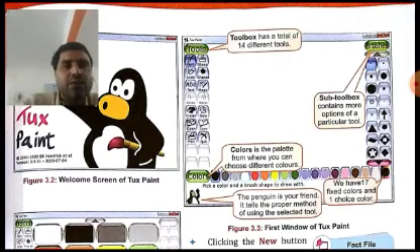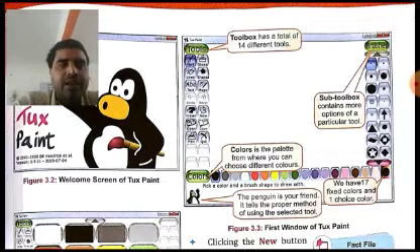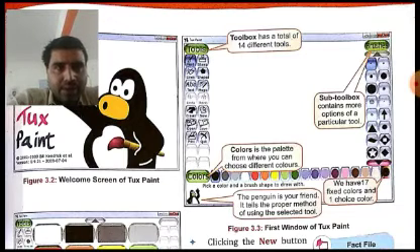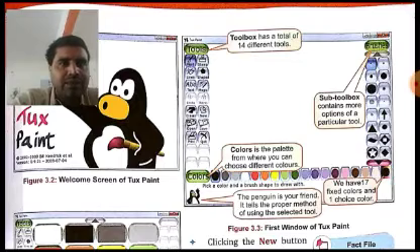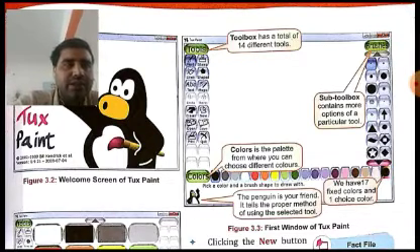Then at the bottom you can see the color palette. The color palette is where we can choose different colors for drawing or painting. The toolbox has different types of tools for copying, for cutting, for stamping, for drawing any shape. For different types of tasks we have different types of tools, which we can select from here. Then on the right hand side you can see the brushes here.